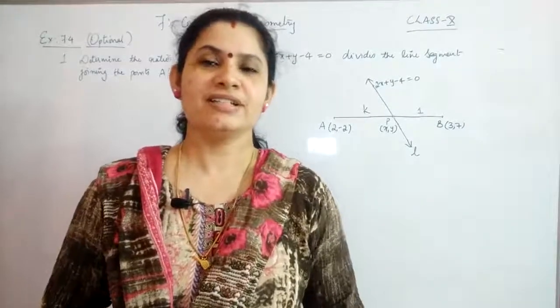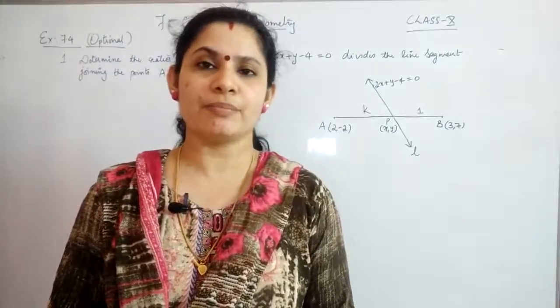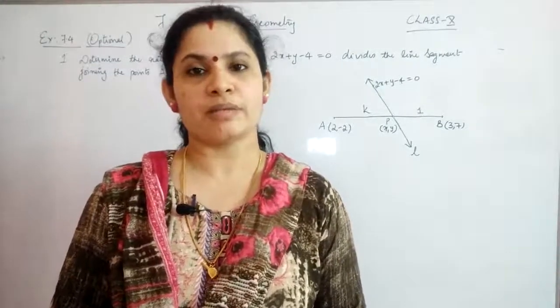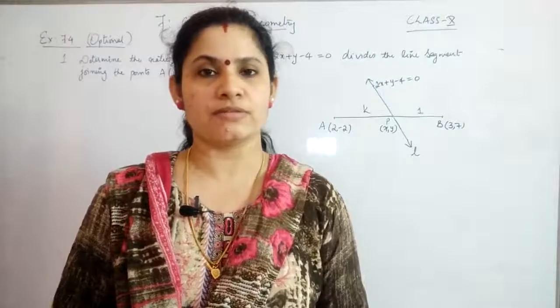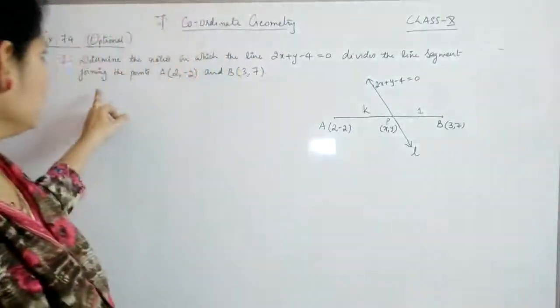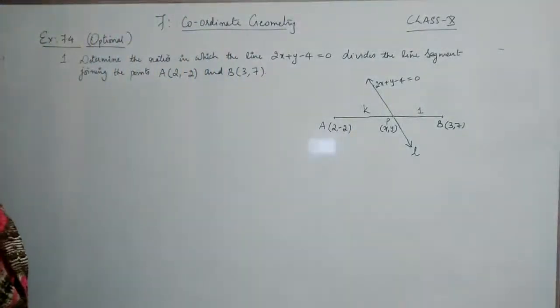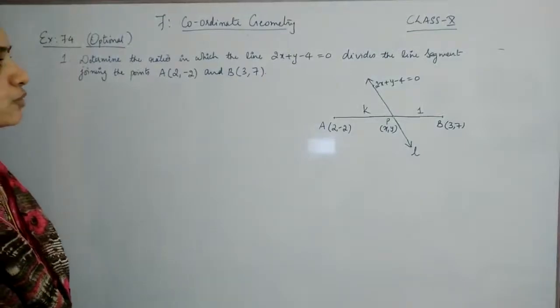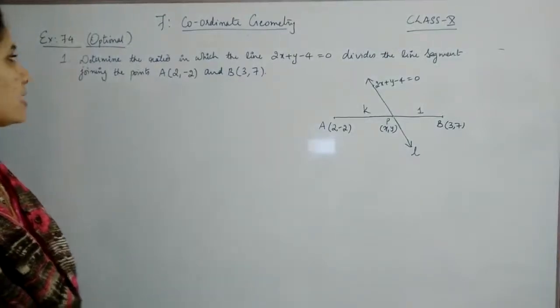Hello everyone. Today we are dealing with exercise 7.4 of chapter number 7, coordinate geometry. Okay, first we will start with question number 1. Determine the ratio in which the line 2x plus y minus 4 equal to 0 divides the line segment joining